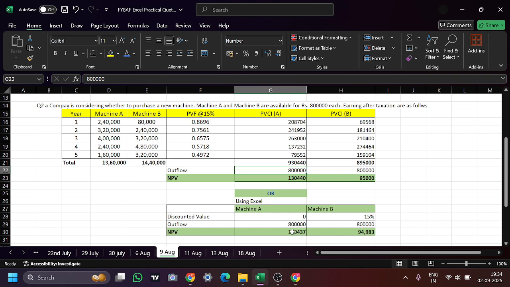So with Excel you will be able to calculate this sum. For calculation purposes in your book, if you are taking pen and pencil and doing it, it will take 5 or 7 minutes, but with Excel you will be able to perform this sum in the next 1 minute. So you just need to put a percentage, then inflows and minus outflow. And the outflow, since we have taken it in the positive manner, we have written the value over here in